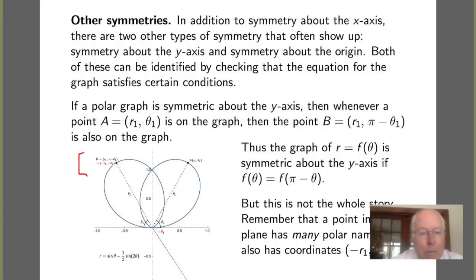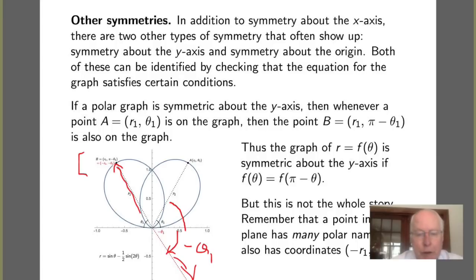This is (r, pi minus theta 1), but another way to get to this point B is this. We could also put an angle of minus theta 1 down here, and then instead of moving in the direction of that ray, we move in the opposite direction. Remember, that tells us we have a negative r value, and so this point also has coordinates (minus r1, minus theta 1). And symmetry about the y-axis might manifest itself in this way,